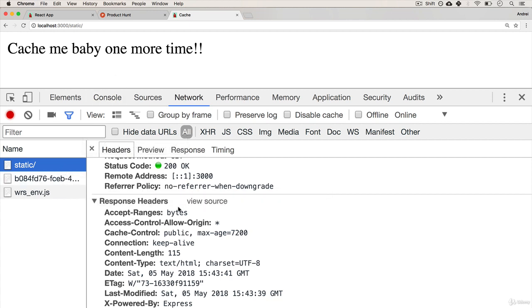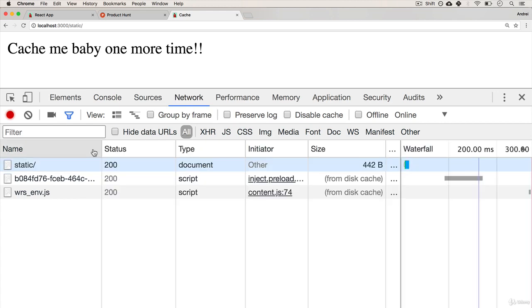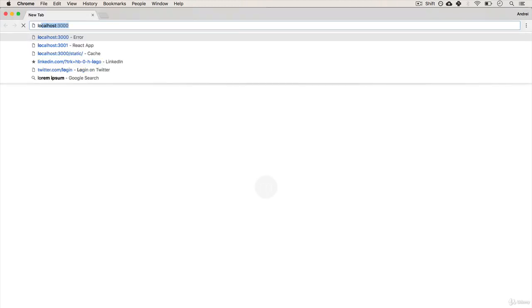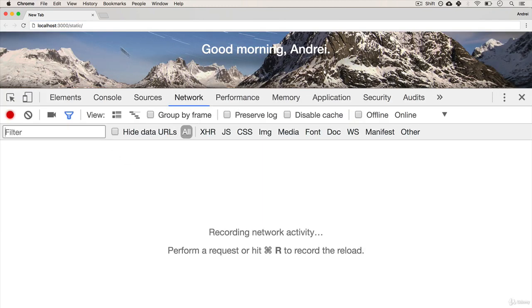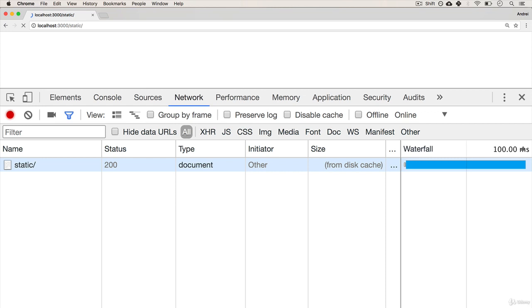How cool is that? Now, here's the interesting part. Because I've cached this file or this endpoint, that gives me the index.html file for 2 hours. If I now close this and open up a new window, and I just go to localhost 3000 to static, and I open up the developer tools first, and I go to static,